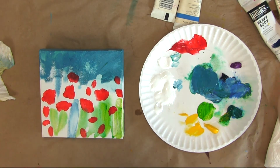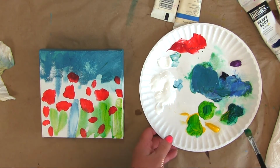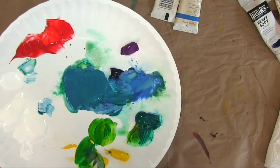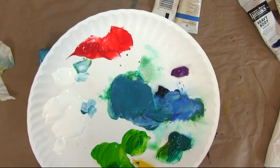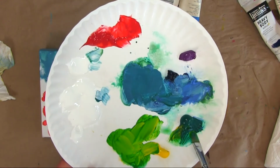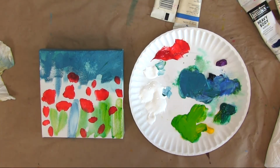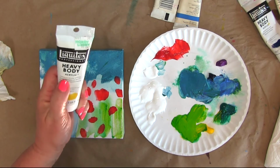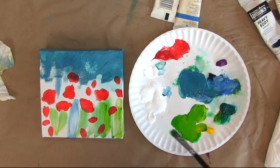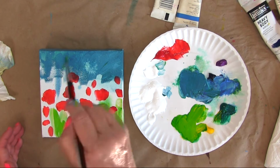So I'm going in and I want to make sure that I put the green in the background. I'm mixing this teal color. I can't find the tube to tell you exactly what it is. I'll put it in the notes below. But I'm mixing that teal color up with my yellow. It's cadmium yellow, medium. It's not lemon yellow. I don't like really working with lemon yellow. So I'm going in and I'm putting in strokes